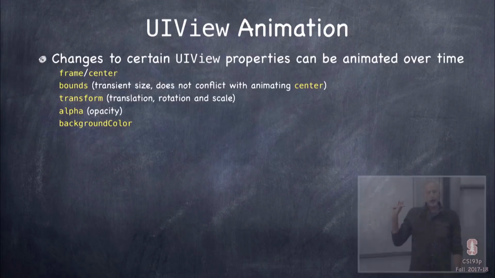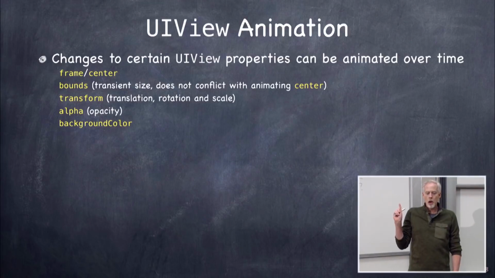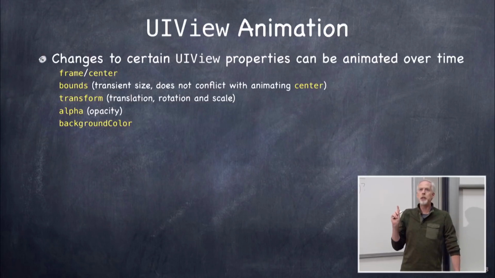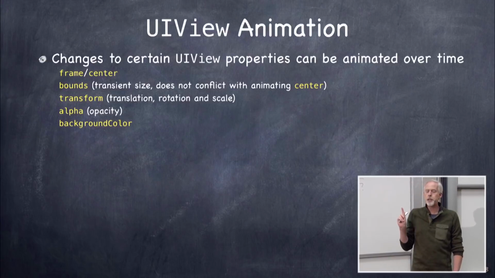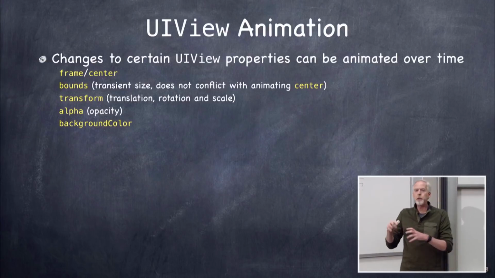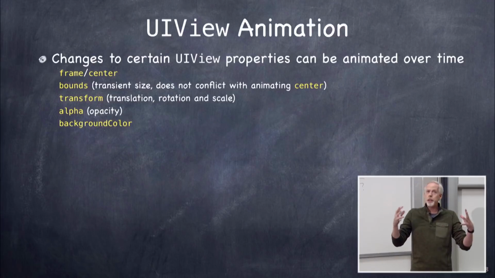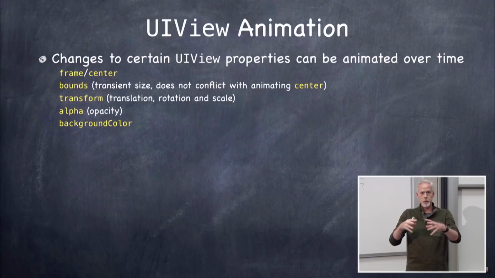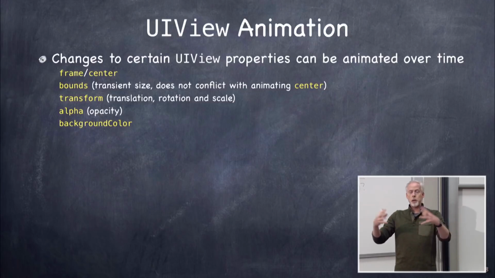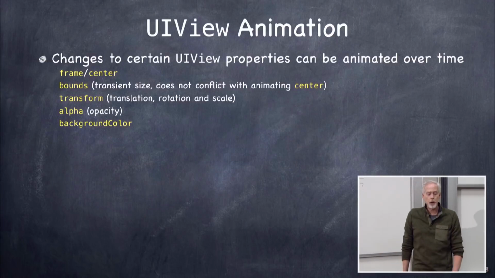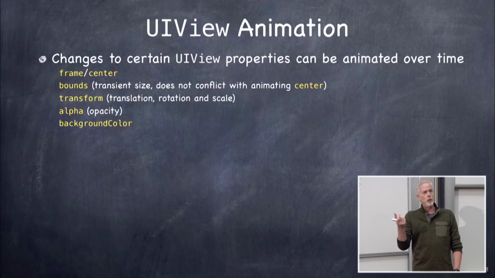You can animate these yellow properties on your view. This is really the only things you can animate using this UI view property animation mechanism. But it's pretty powerful, right? You've got the frame and center that's animating the position of the view. You've got the bounds, which will animate the size of the view, although only in a transient way because it's the frame that determines where you are. And so if you're going to make it larger and it occupies more space in super view, you have to set the frame. The transform, which is super powerful, we saw that with a card where we rotated the corners